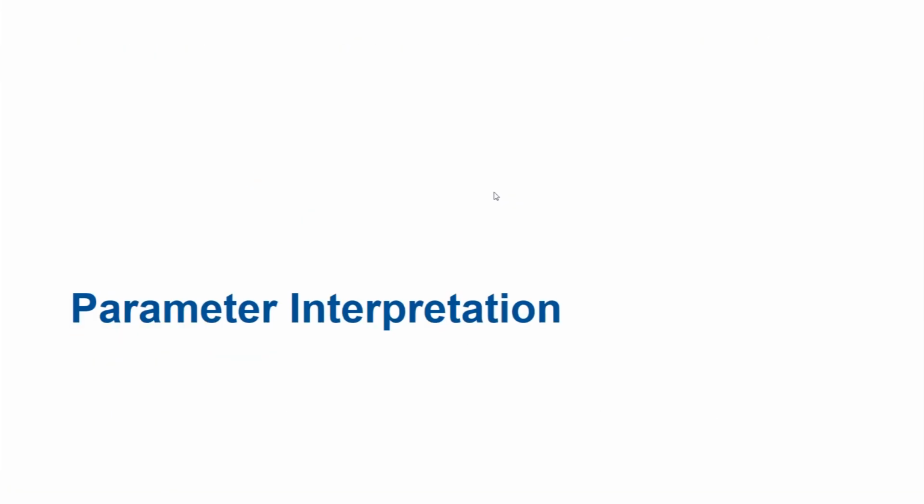In this video, we'll talk about parameter interpretation of logit class of models. Recall our discussion about simple linear regression model of this form, where we said yi equal to alpha naught plus alpha 1 into xi plus the error term mu i. We said that here the interpretation of parameter alpha 1 goes like this. If xi and yi are in absolute form, then 1 unit change in xi will result in alpha 1 unit change in yi. If xi and yi are in log form, then 1% change in xi will reflect in alpha 1 percentage change in yi.